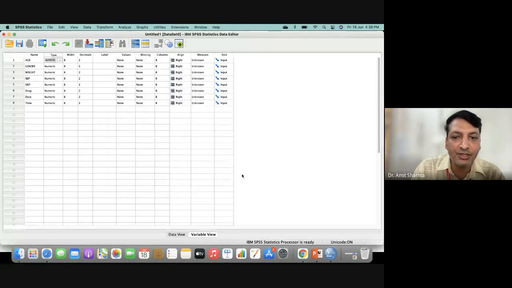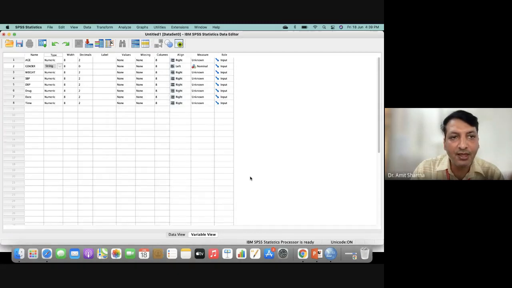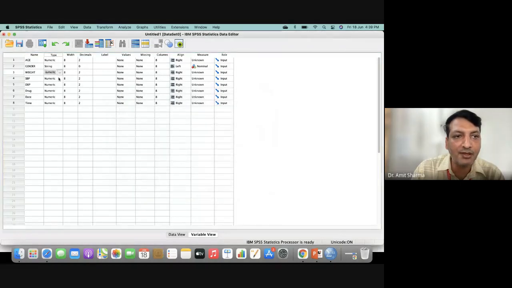But gender is categorical, so for that we have to choose the option called string. You are not going to get a categorical term in SPSS, so for categorical type of data we have to choose the option called string. String is the option for the categorical data. As we know, the weight of the patient will be available in terms of number, so it will be numeric.